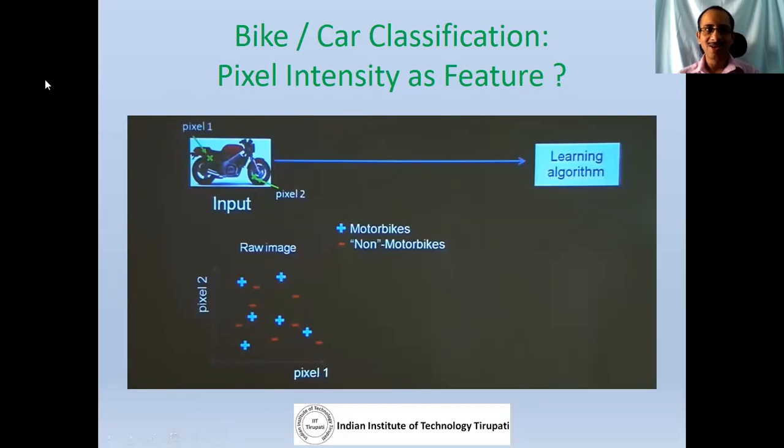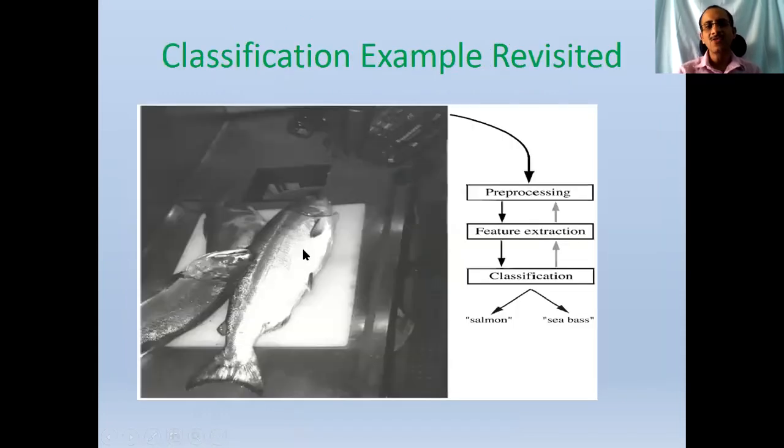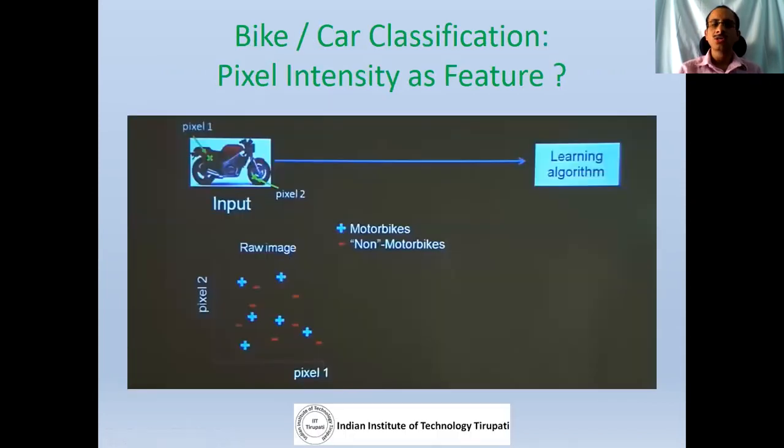Not a good feature, sir. Single pixel might not be a good feature. If I take a single pixel, just based on whether it is black or some other color, and classify into bikes and cars, is that a good strategy? It's not at all a good strategy. Even a couple of pixels, or a couple of intensity values here and there, to classify fish, is that good enough? No. So in most cases, the features are not straightforward.